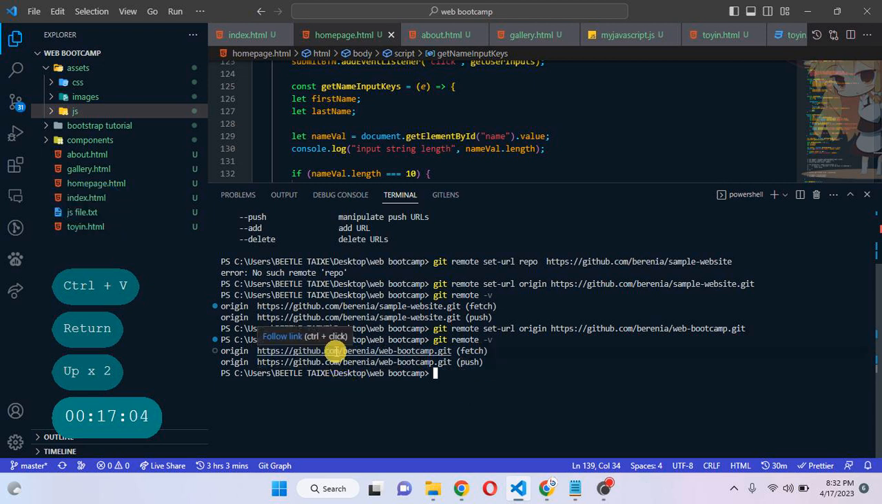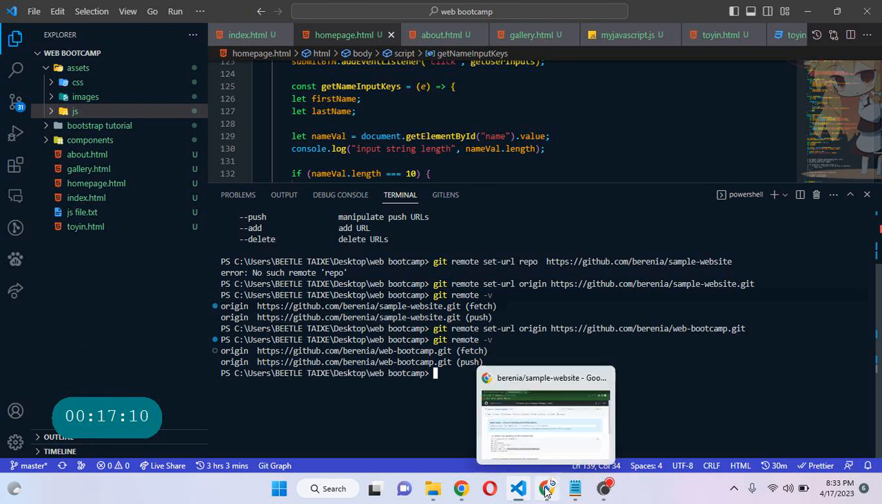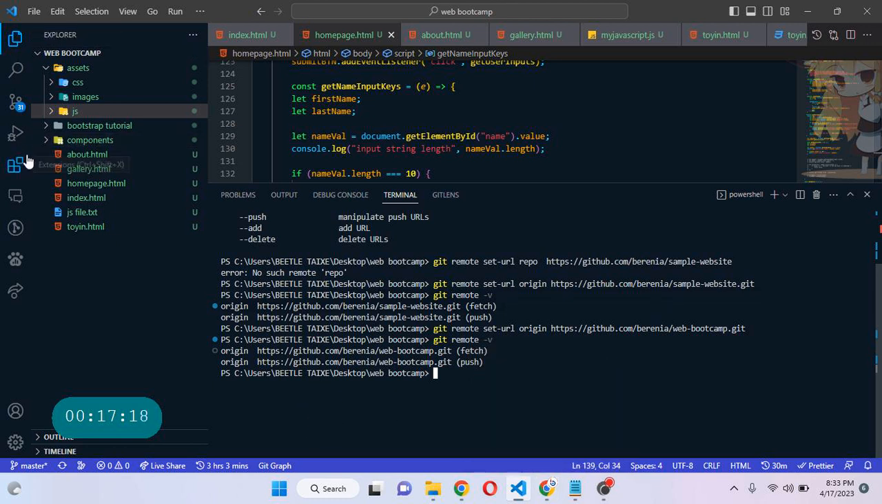So which means that if I'm pushing now, I'll be pushing to this repo and not the previous one that I added, that I've removed or replaced. Is that clear? Hello, are we together? Alright, now there is this GitHub extension that I've already installed on my VS Code, and that's